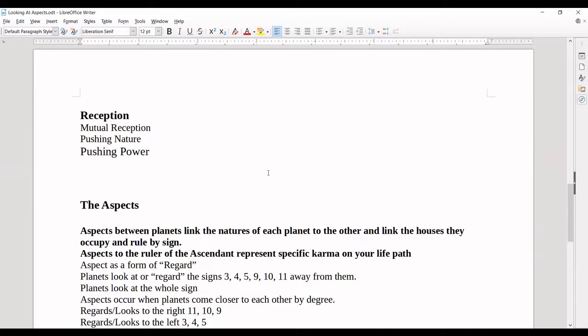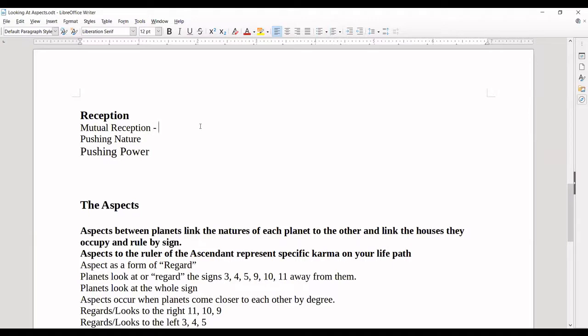There are three aspects of reception that I'm going to go through today. I can see that maybe this needs to be a two-part class where we come back into it, or you all get to chew it over in your minds and then we look at it again. What I'd really like you to be able to do is look at your charts and tell me what's applying, what's separating, etc. So maybe I'll make that your homework for next week, and we'll start with that. But we're going to add this layer, and hopefully it won't confuse you too much.